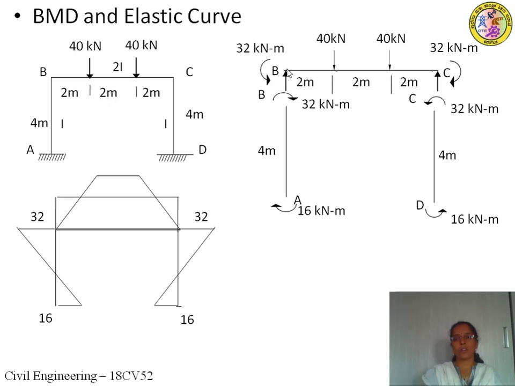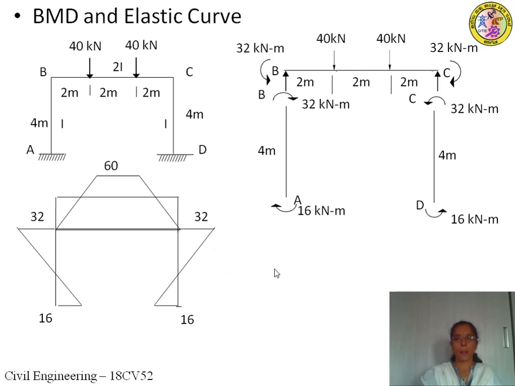If you treat it as a simply supported beam, at this point the bending moment is 0, and at C also it is 0. The reactions are 40, so 40 into 2, 80 at E. Next, if you come from right to left, the bending moment at F, with reaction at C of 40, is 40 into 2, again 80. Therefore these two are at the same level. The magnitude should have been 80 kilonewton meter, not 60. Please make this correction. It is 80 kilonewton meter.